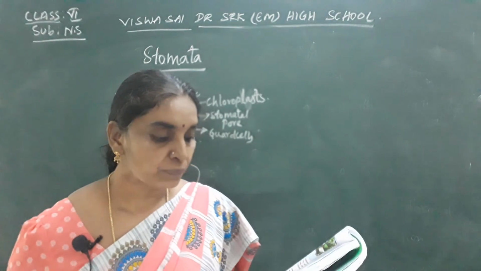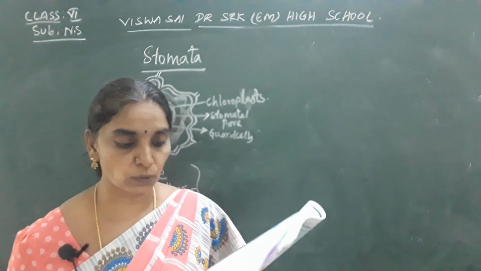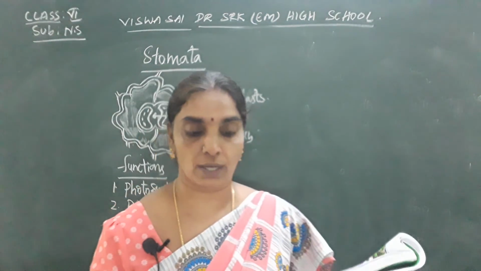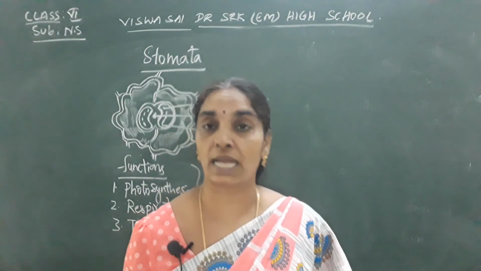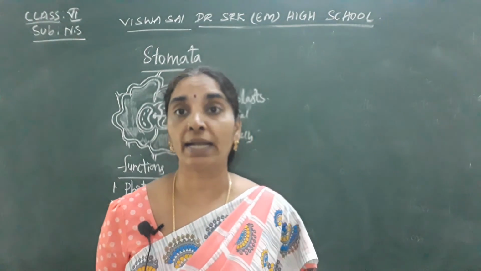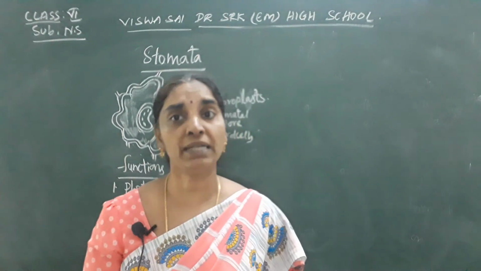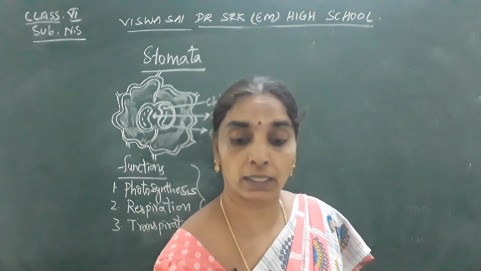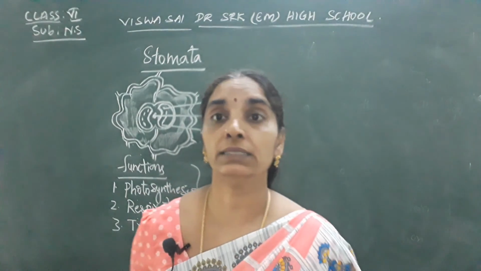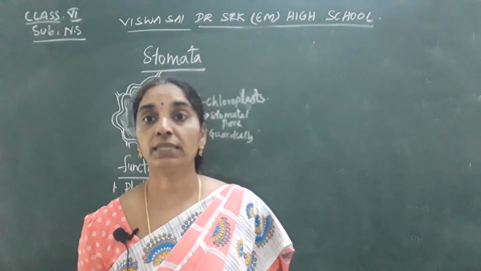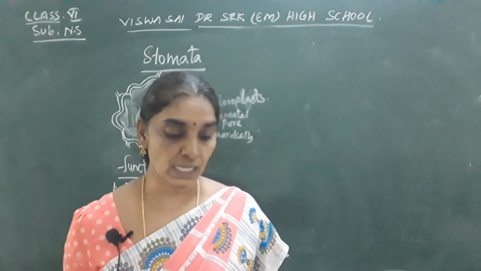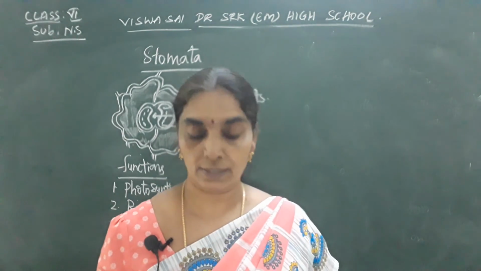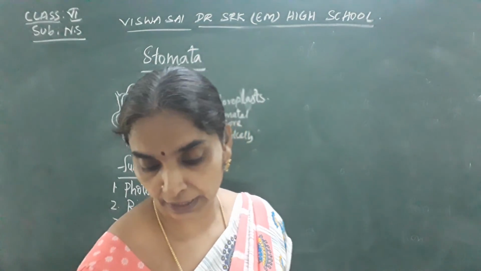Yes. Next. John has no sufficient place around his house to grow plants, but he wants to grow vegetables like tomato or brinjal. Suggest to him ways to grow such plants. So he can grow the plants in pots, keeping them on the terrace in an open terrace system, or he can also grow the plants in service areas by putting soil over the service areas on the top of the buildings. So that is the answer for that question.